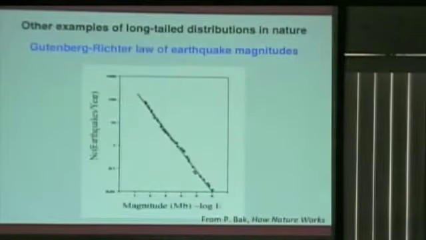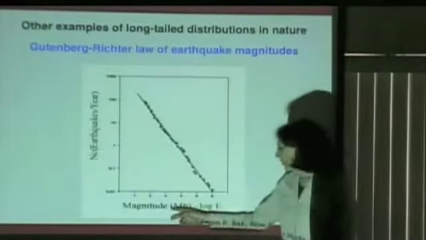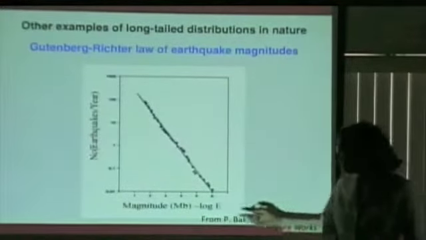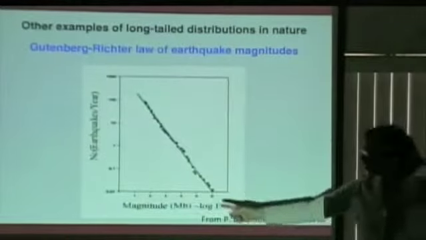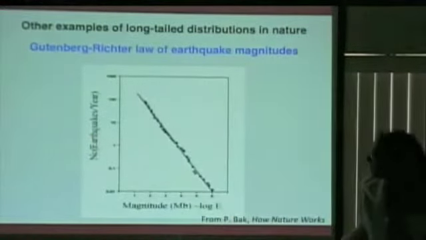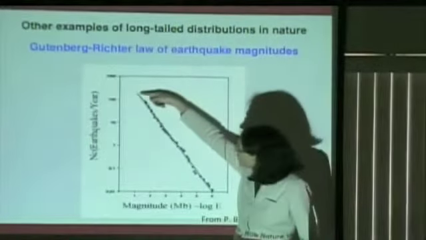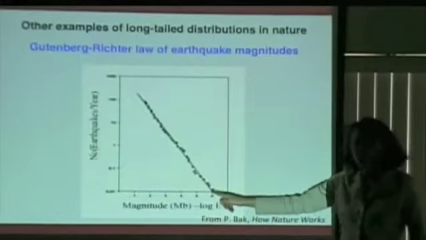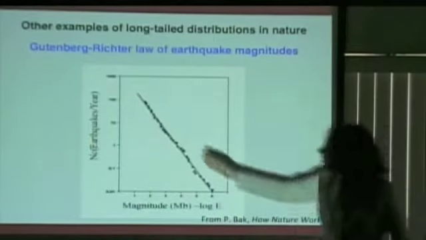So one example of a straight line is the distribution of earthquake magnitudes. Okay, so you know about earthquake magnitude. The magnitude of an earthquake is a logarithmic scale. Each one of these is 10 times more energy than the next. And if you plot the frequency, there's lots and lots of very small earthquakes and very few really big earthquakes. And it falls along this nice